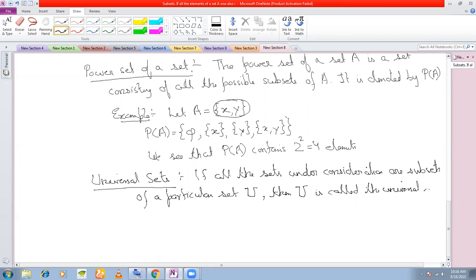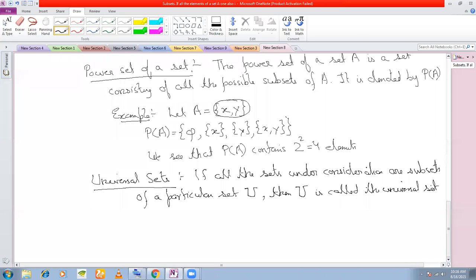We have already discussed the universal set in detail back in class 8. Suppose I am considering students, right? If I consider the universal set as the students of Marian Coeducational School, then students of class 1 will be a subset of U. Students of class 2 will be a subset of U. Students of class 3 will be a subset of U. Students of class 9A will be a subset of U. Okay, so whatever set I am considering will be a subset of U, which is students of Marian Coeducational